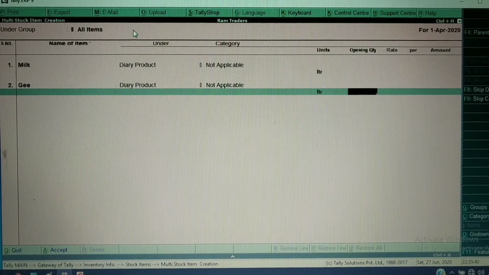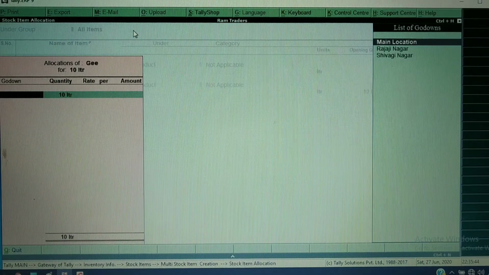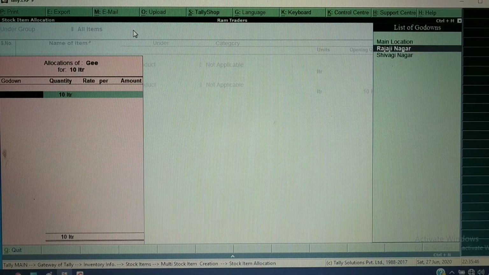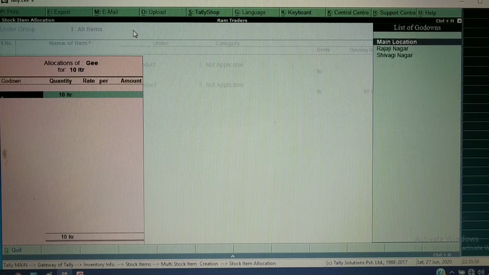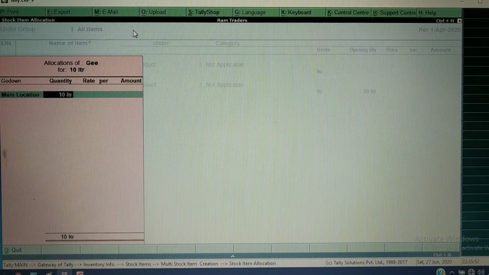Now if I give 10 kg, we need to select in which godown I have kept this stock. I am selecting the main location, meaning I have already kept this stock in the main location.